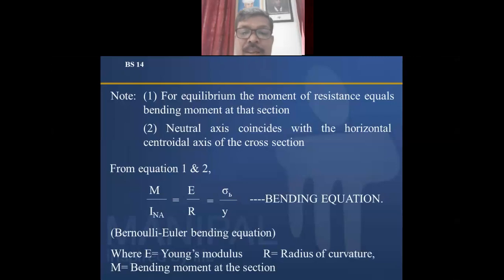Further to that, Timoshenko developed in the 17th century that this assumption is wrong, that plane sections never remain plane before and after bending. But Timoshenko forgot one thing, that shear stresses must be maximum at the neutral layer, wherever bending stresses are zero. So Timoshenko failed in that theory also.